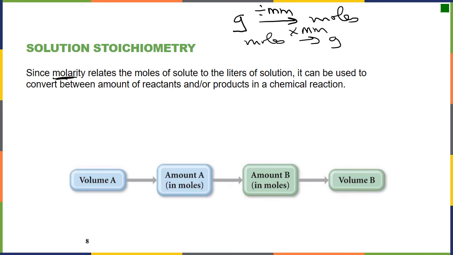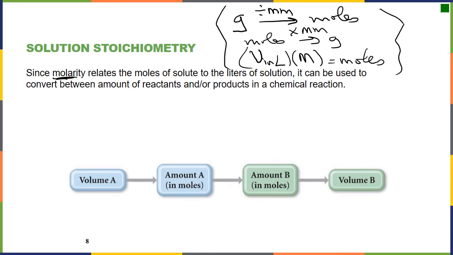And we can use volume and molarity, because the volume in liters multiplied by the molarity gives us moles. So we need to keep track of those three options when we do these calculations. If I have a volume of something and I need moles, I have to put the volume in liters and multiply by the molarity. So with that in mind,